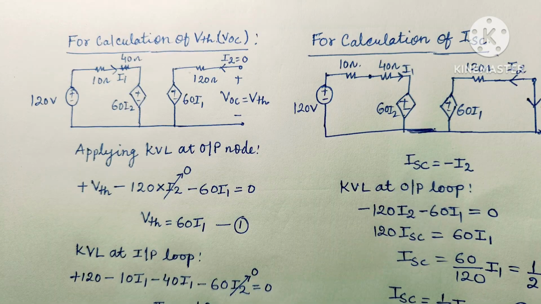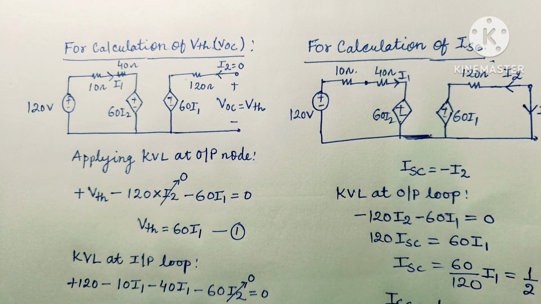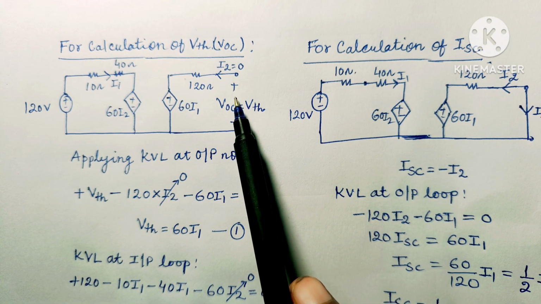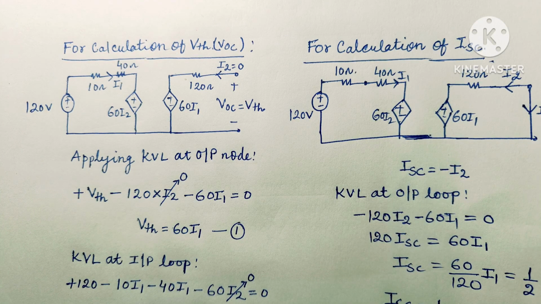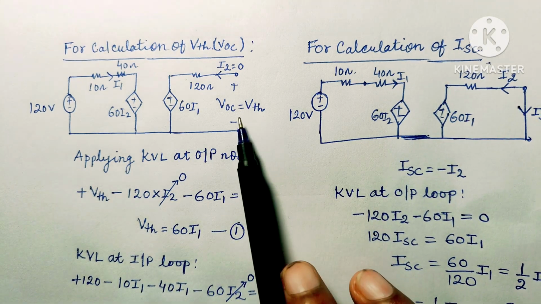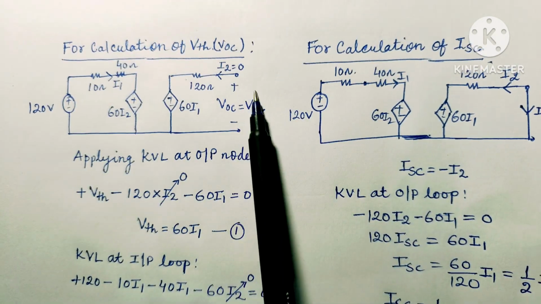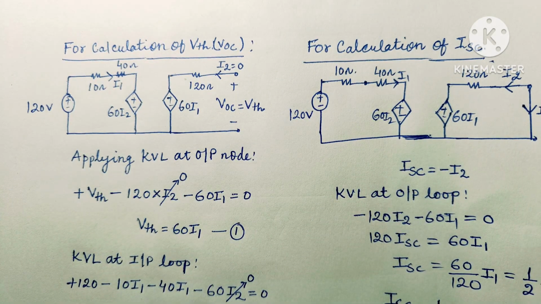Now let us see how to calculate RTH. As we have seen, if there are both dependent and independent voltage sources available in the circuit, then we have two methods to solve the question. Either we assume that a test voltage is applied at the load and a test current flows through it, and we find V test upon I test, which will be RTH of that circuit. In the second method, we assume that the load is removed from the output port, the open circuit voltage VOC is found at the output, and the short circuit current is found at the load terminal. Then ZTH is equal to VOC upon ISC.